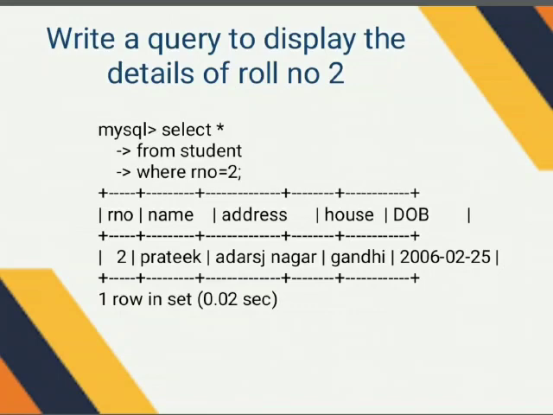Here we have to note one thing. What do we have to note? The data type. The data type for roll number is numeric. It is int. It is in this format: 1, 2, 3, 4. So a numeric data type is not enclosed in single or double quotes. So no quotes will be there around 2. Clear? Once again: select star from student where roll number is equal to 2. Star means all the attributes. From which table? Student table. Of which roll number? Roll number 2.